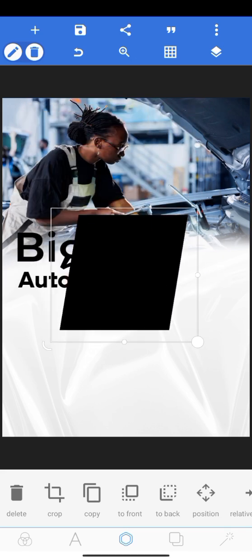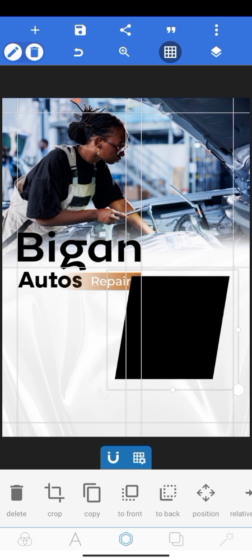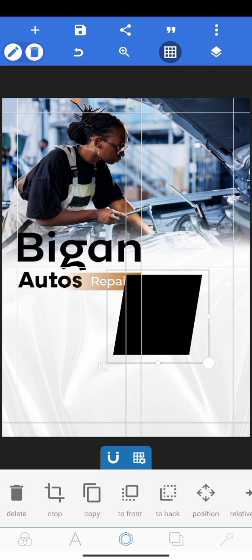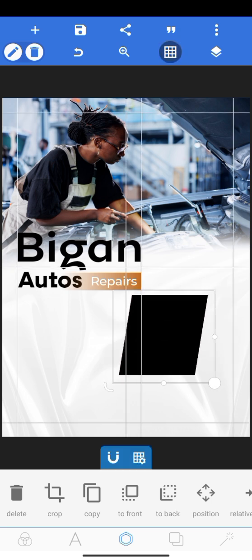So good, we have our shape. Now the next thing we are going to do is to reduce the size, and then what we want to do next is to just start adding our images. But before we do that,